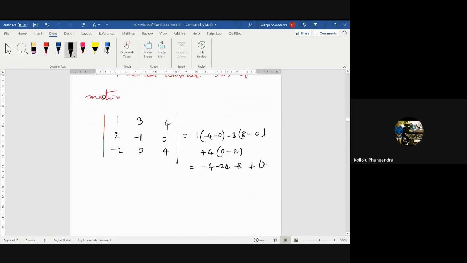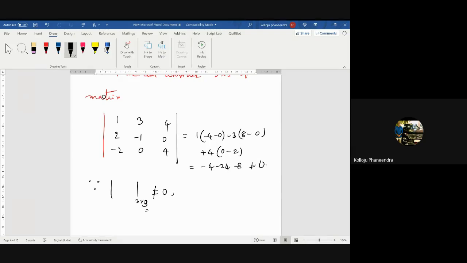Not equal to 0. Since the determinant of the 3 by 3 submatrix is not equal to 0, the first condition is satisfied. There exists at least one non-zero determinant of order R. What is order R? 3. Then the second condition is what? The determinant of each submatrix higher than R. Higher than R means, R value is here 3.